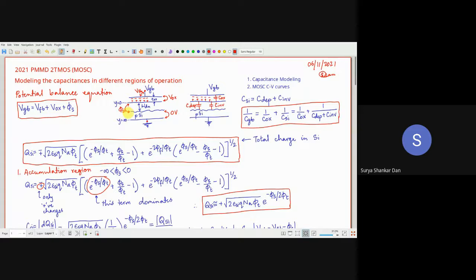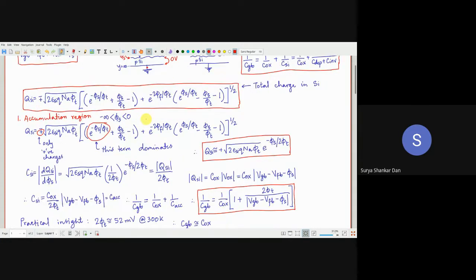is the phi si या फिर phi s ही कर देते हैं. Phi si makes no sense. The phi s, surface potential. The surface potential is essentially the potential drop inside the semiconductor or silicon. Okay, so all I have done is that itself. Okay, the potential drop inside the silicon, and the QSI is the charge in the silicon. All right. So I have just done the derivative of this, and you finally end up in this relation.